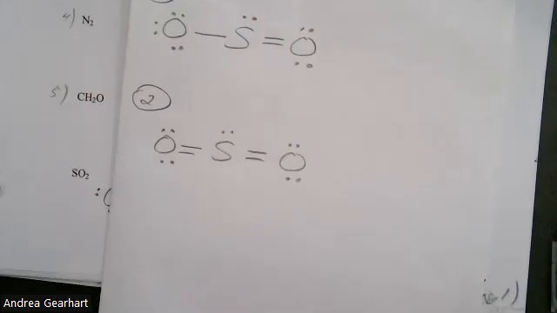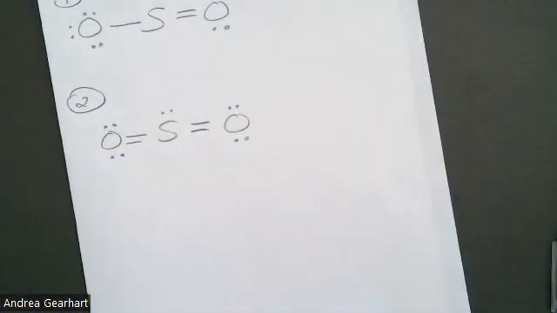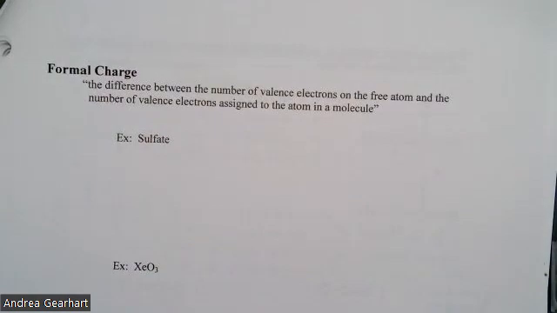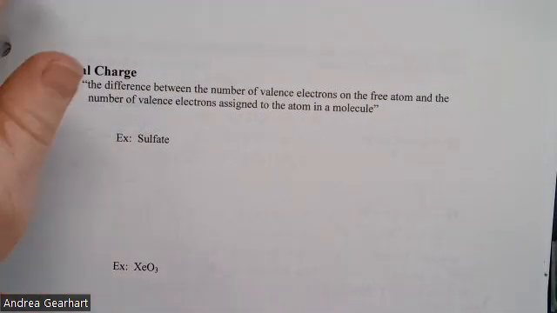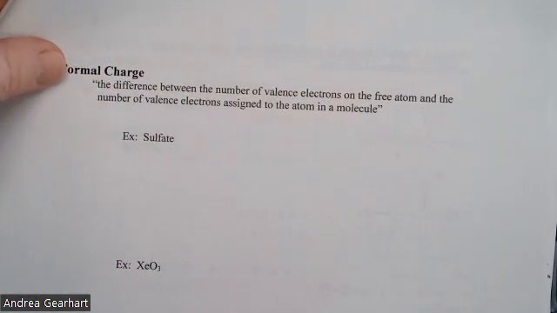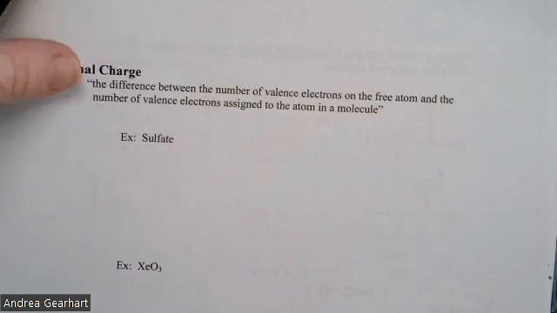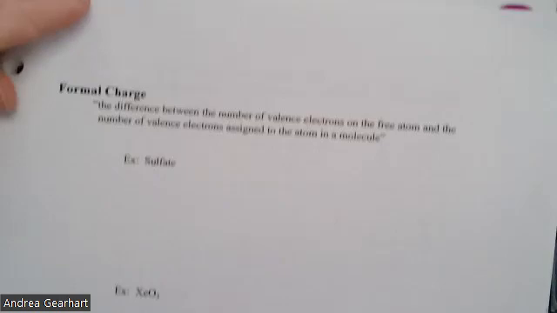How do we know what the preferred structure is? Easy peasy. It is called formal charge, a formal charge calculation. It is a formula that we have created that gives us insight into electron distribution. So we are going to choose the structure that has the electrons distributed best over the molecule. Okay. The equation for formal charge